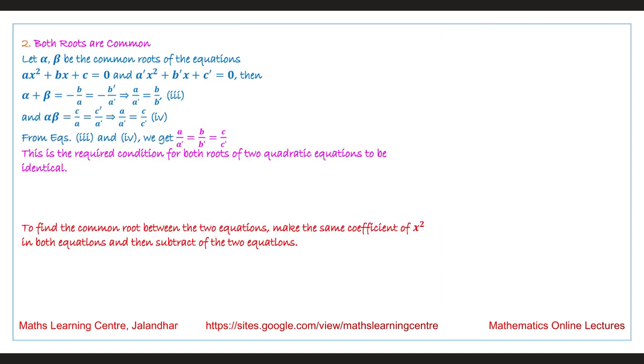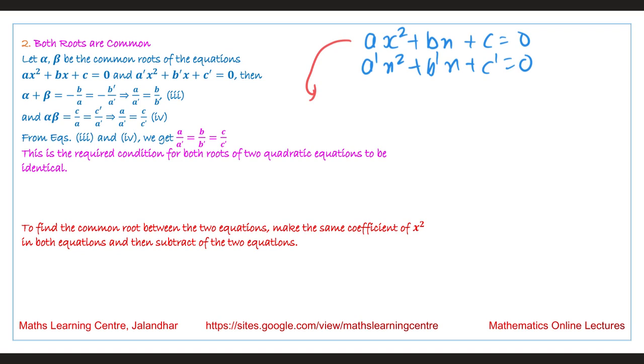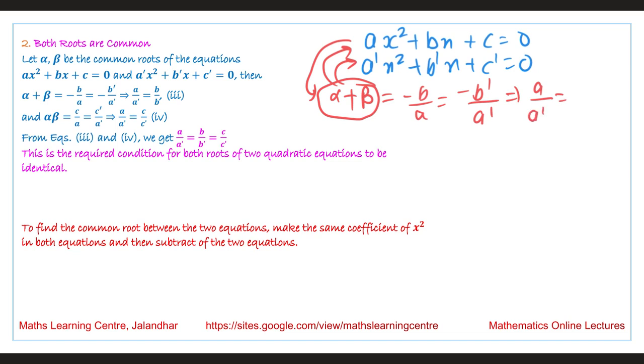Next, if both the roots are common, then the equations we have are ax² + bx + c = 0 and a'x² + b'x + c' = 0. If we write the sum of the roots, alpha plus beta equals −b/a, which equals −b'/a', because alpha and beta are the roots of both these equations. So the sums of the roots are equal. This implies that a/a' is equal to b/b',